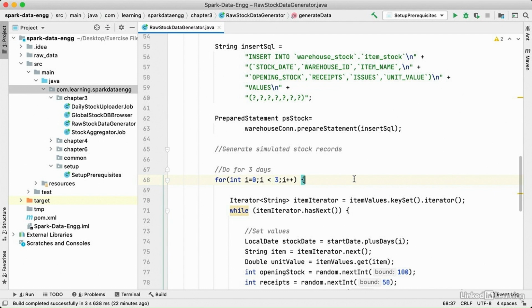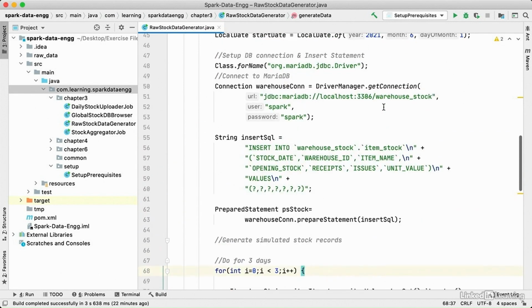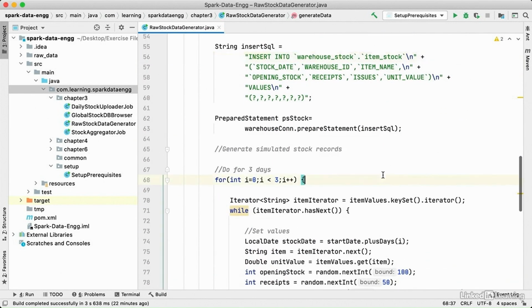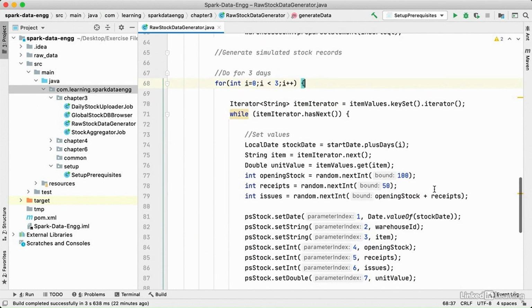We first connect to the MariaDB instance of warehouse stock and create a prepared statement for these inserts. We then iterate for 3 days. For each item in the list of items, we pick random values for the opening stock, receipts,